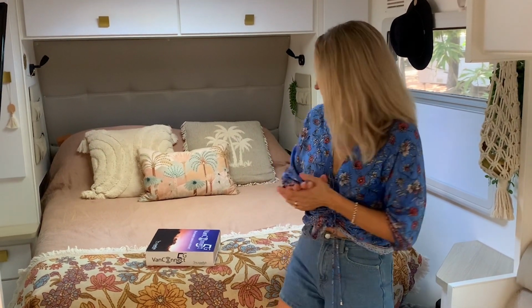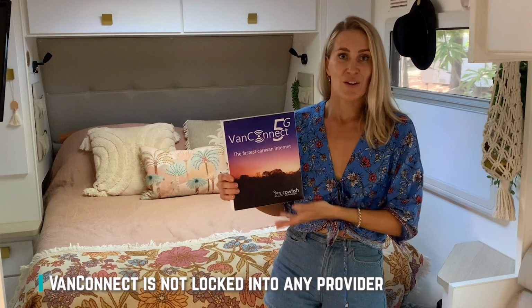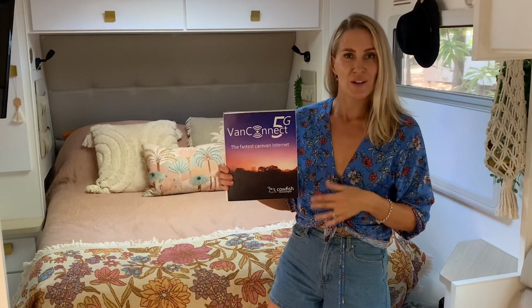We were actually with Nighthawk before and we found it a little bit all over the place, to be honest. So we did sign up to a 2-year contract and we're only 4 months in, so I was quite sad to think that we couldn't actually go for an alternative. But this little guy here by Cowfish Technologies actually means that you can put any SIM card in. So our Telstra SIM card that we had with the Nighthawk will actually be able to be used in the